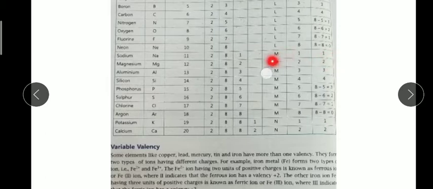So remember this thing: you can see carbon is having 4 electrons in the outermost shell, so 8 minus 4 will always be 4. So for 4 or more than 4 electrons we should apply this formula: 8 minus 4, 8 minus 5, 8 minus 6, 8 minus 7, 8 minus 8. In this table they have given it nicely, 1 to 20 given.